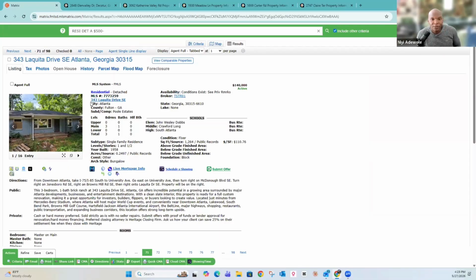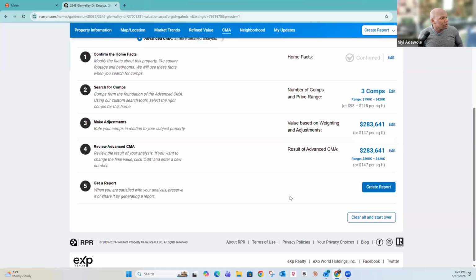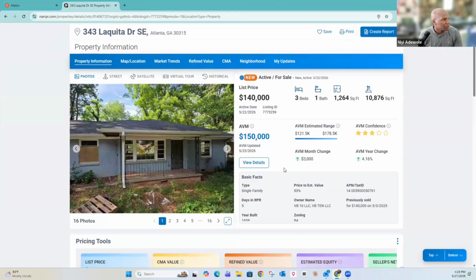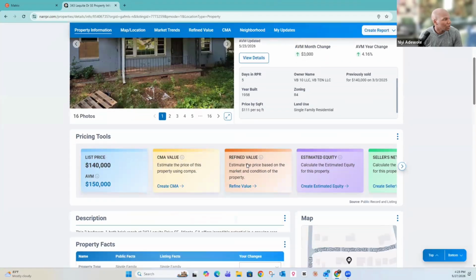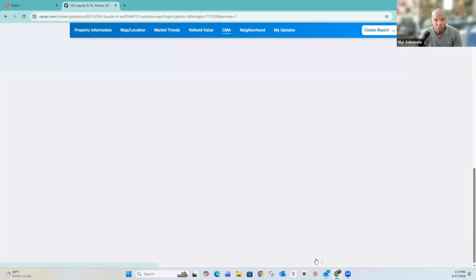There's not many people buying a 3-bed, 1-bath house that we work with. And so for this one, pull it back in. I'm going to go for a 3-2, 1,264 square feet. And we're going to create a report. And this one, I'm going to move a little bit quicker on it. Okay, so this has been sitting for 5 days, not long at all. We're going to run the CMA, confirm facts. We're going to run this as if it's a 3-2, right? Keep everything else the same, because essentially you're doing a gut rehab here.